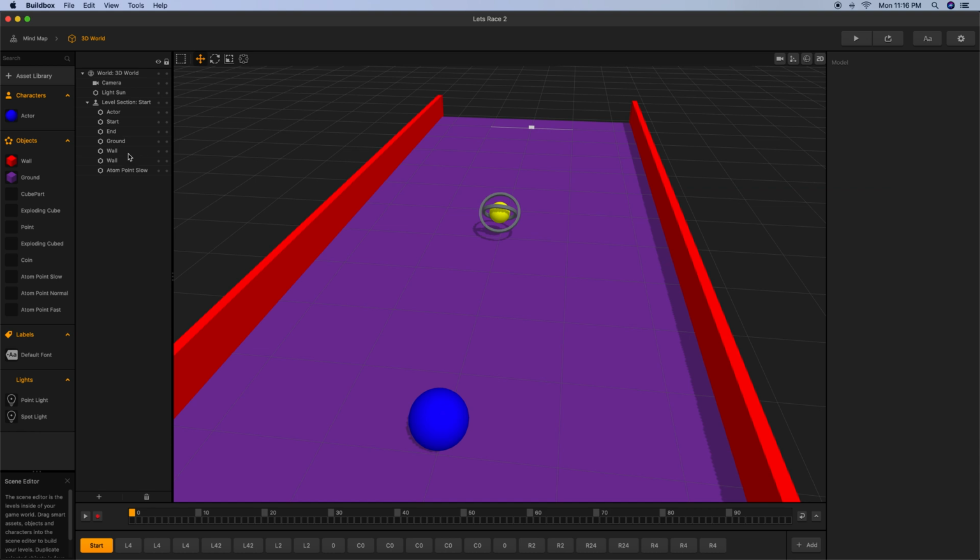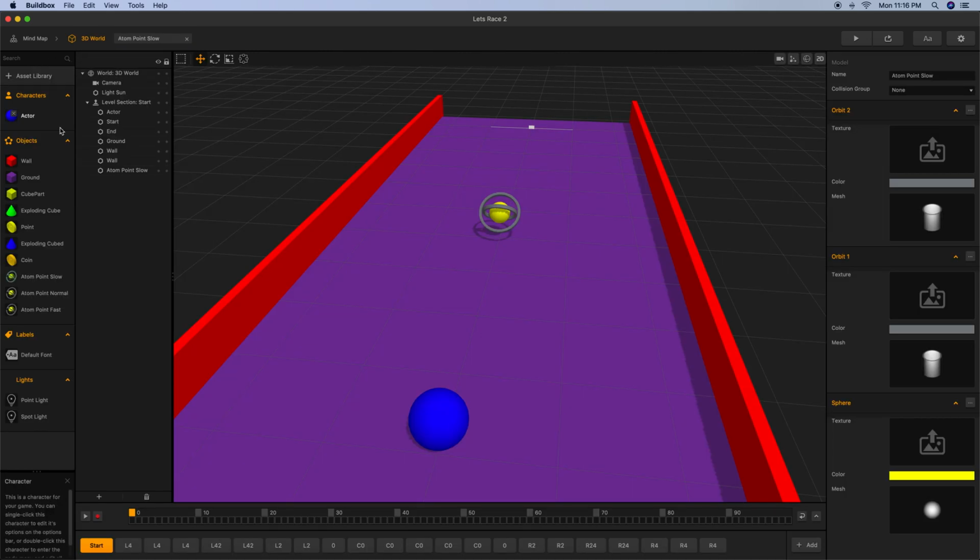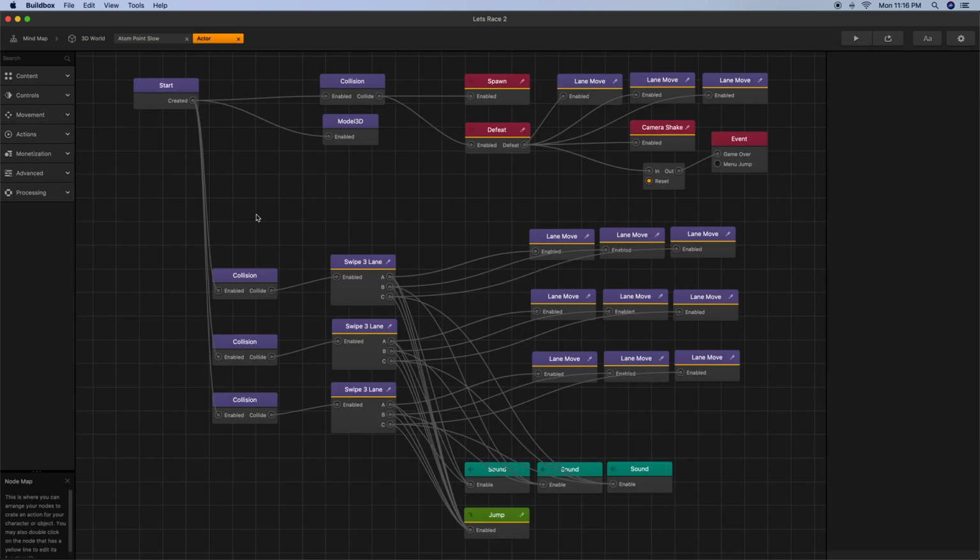Okay, still got my atom point slow. Under actor, now I was like, okay, well, by default, it was hooked up to this one right here, which is the normal game state of -20. All right, so if it is hooked up to that, then I should be able to make a collision for each one. Maybe that's what I've got to do. So I've got collision with slow,